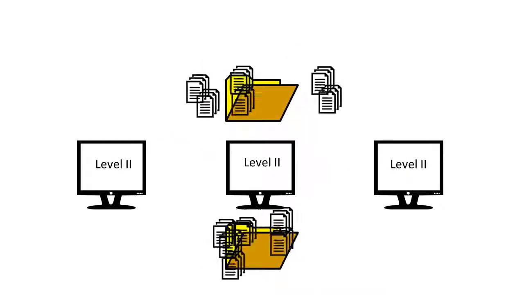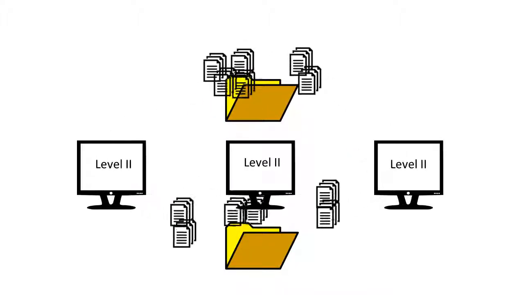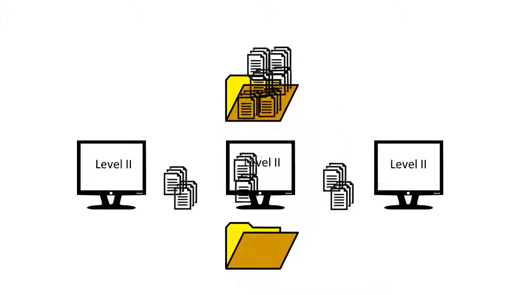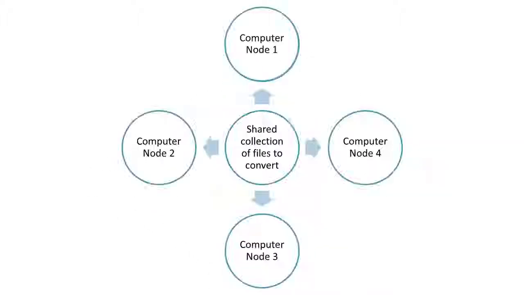Clustering is a method of directing multiple computers running DCS to a shared location to convert files. The group of computers together is a cluster, and each computer in the cluster is a node. The computers, or nodes, work in tandem, converting from a single shared location to which they all have access. This location is often on a network shared drive external to any of the computers in the cluster. It can contain an existing mass collection of files, or be a drop location that periodically receives collections of files